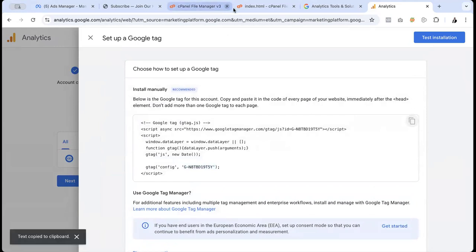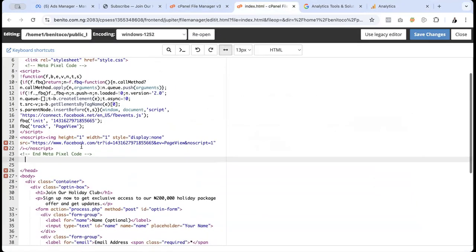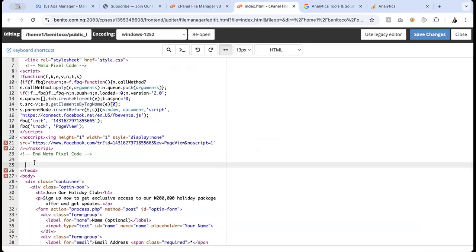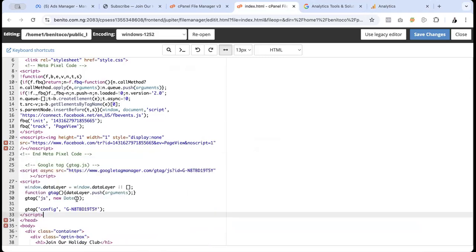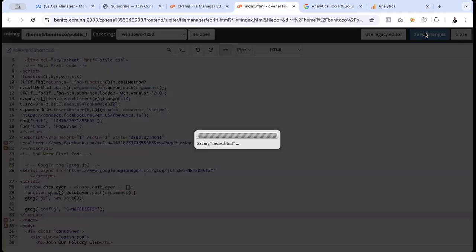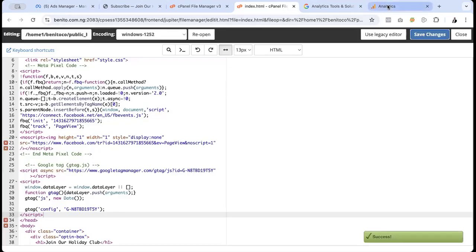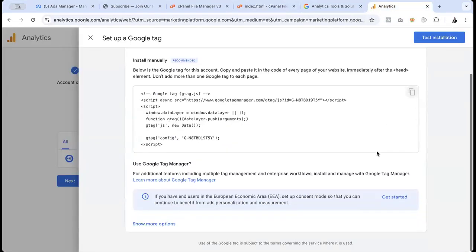Then we come back to where you want to use it to measure. It could be anywhere. You paste it, right? Because everything still has to be under the tag. You close it. If you want to know whether it's working or not, or it's already there,